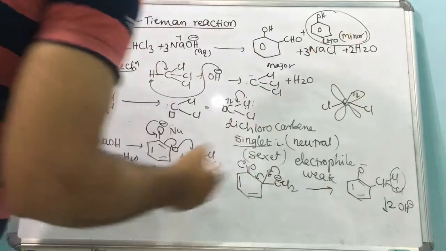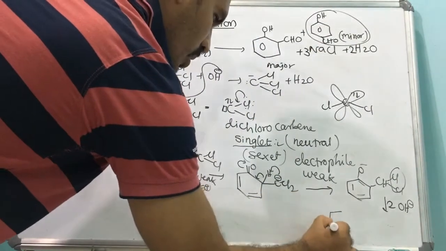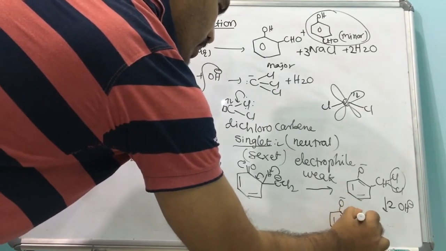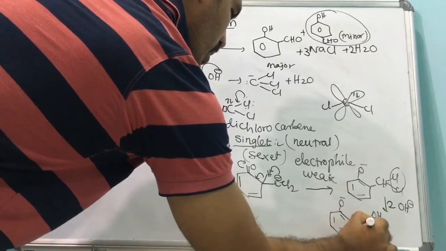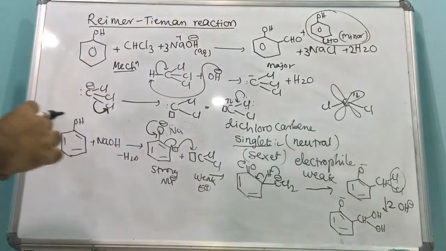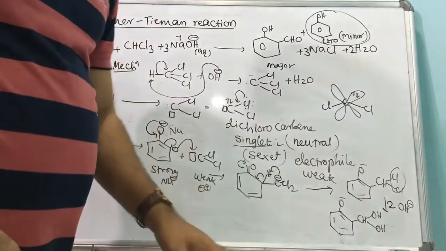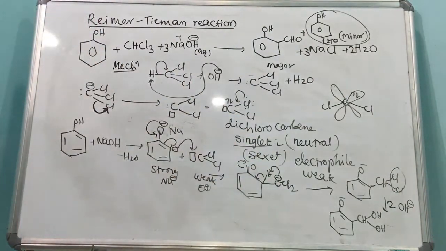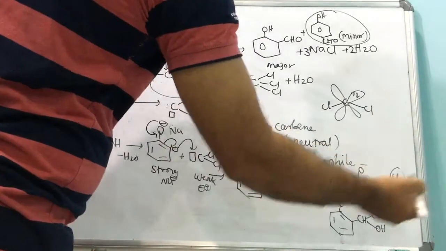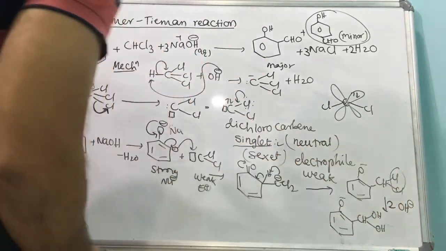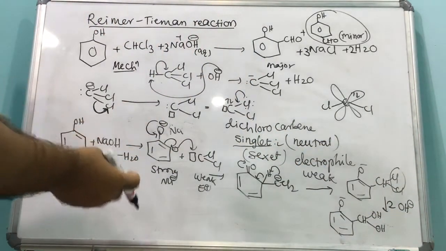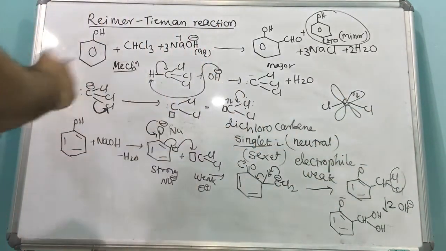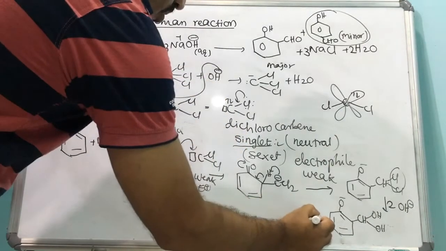These Cl's are substituted with OH minus. Then I will get O minus and CH(OH)2. Actually not that much, simply the OH replaces the Cl. If you write the complete mechanism, it nearly undergoes 4 steps, but simply Cl is replaced by the aqueous OH. We know that when we use aqueous, the leaving group is substituted with OH. If it is alcoholic, it undergoes an elimination reaction. That we also well know.